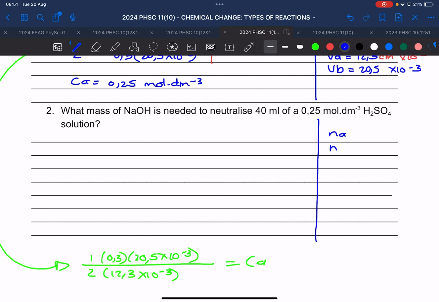Mole acid, mole base. Concentration acid, concentration base. Volume acid, volume base. Now you know that this mole acid and mole base, where would you find that? In your